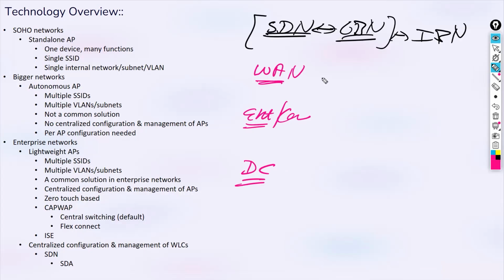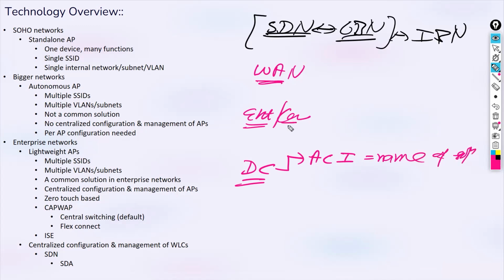So they said we are not creating a single controller to manage, configure, and automate all the networks. They said no, we are creating different controllers. For data center, the product name they are branding it as ACI, Application Centric Infrastructure. This is just the name of the solution.